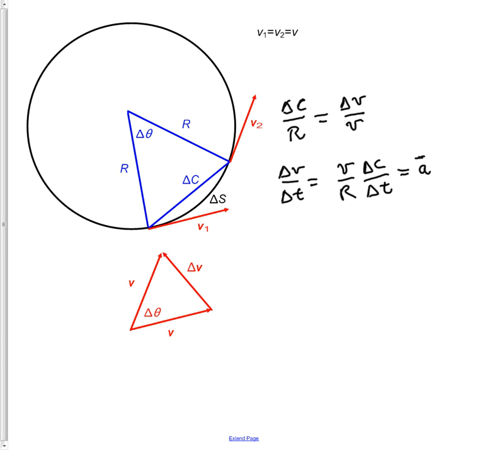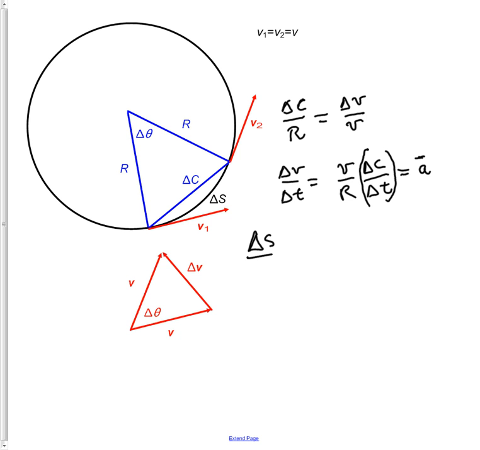So we have to look at this thing as delta t becomes very, very small. So now we let delta t approach 0. And I want you to focus your attention on delta c over delta t, and ask yourself, what is delta c over delta t? Well, it's nothing in particular. It's this length, just this length. Okay. What's really important to us is what delta s is,